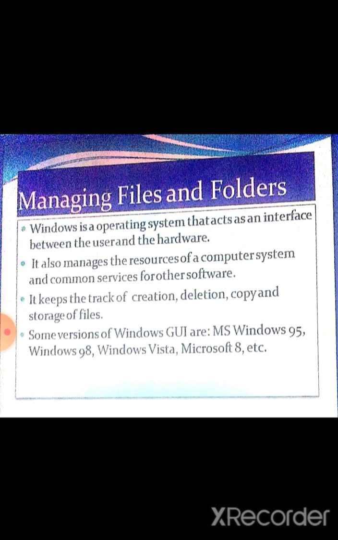After that many versions came. Some are Windows 98, Windows 2000, Windows 2003, Windows XP, Windows 7, 8, etc. But Windows 13 is the latest version of Windows.